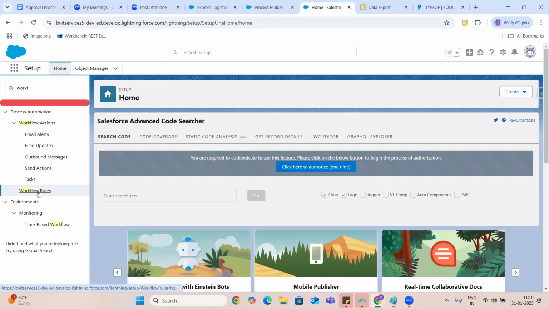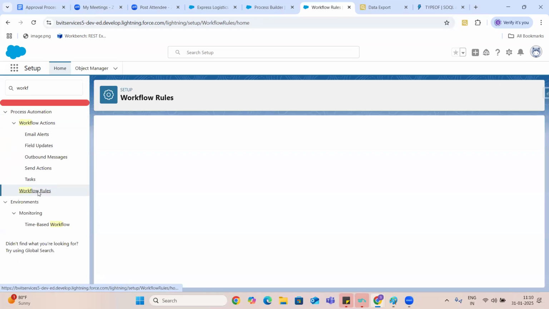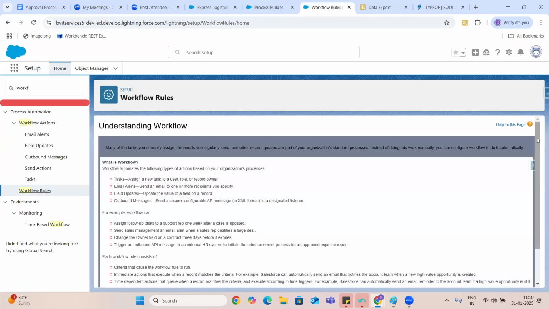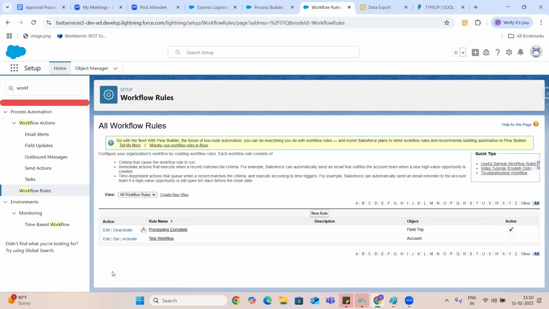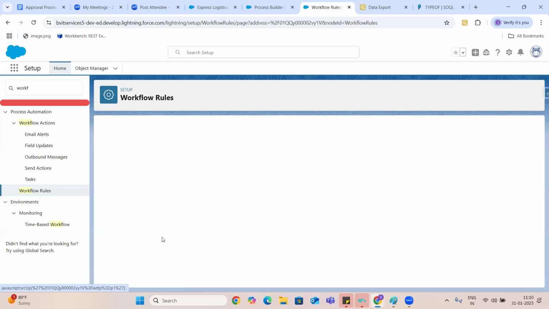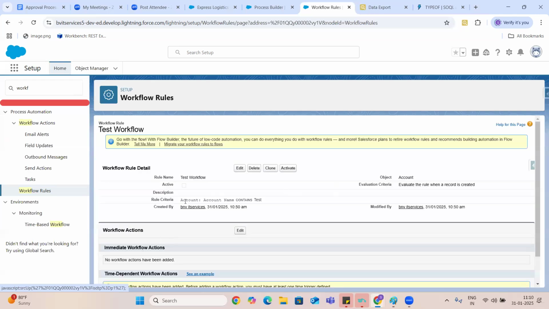You can go to the workflow rules. Actually, they don't have any workflow rules. You can just try to create a workflow rule and try to understand what the rule criteria is, guys.